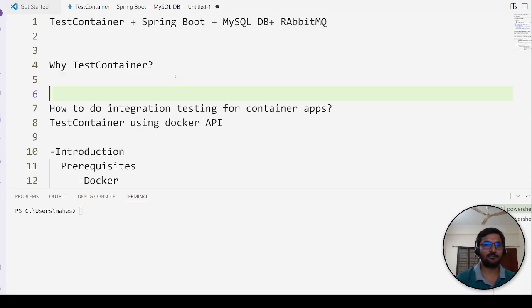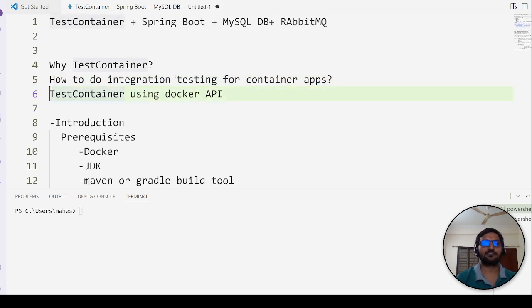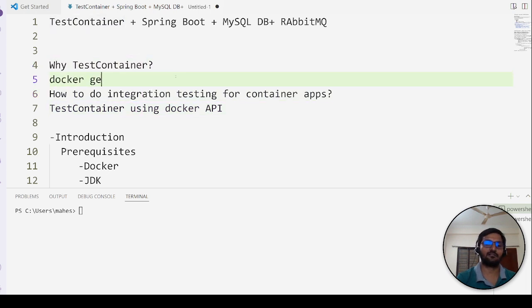For that, you can use the Docker API, definitely. Docker provides an API: when you run docker pull or docker run, or fire any command on your containers, the Docker client uses the internal API to make a call to the Docker host and do that activity. Similarly, Testcontainers does the same thing. They are using the Docker API